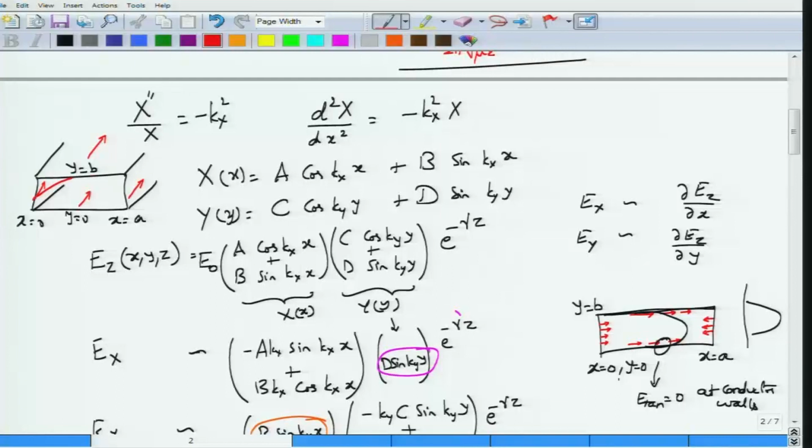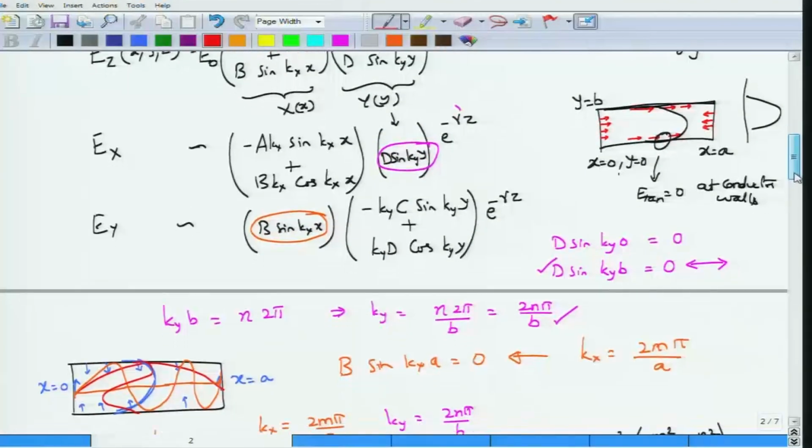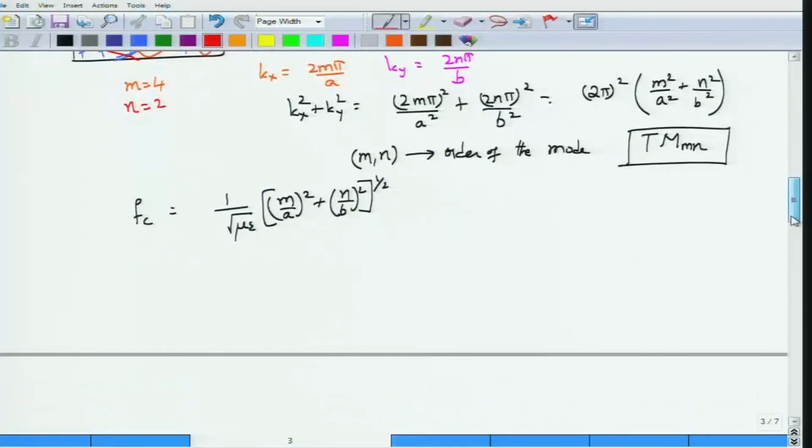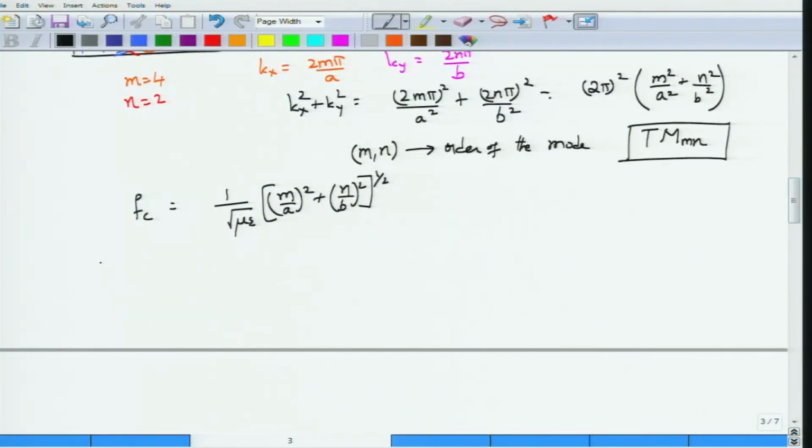So which means that there would be a sine type of solution here and another sine type of solution in these two directions. So clearly this would rule out a cos kx x and a cos ky y, and the solutions that you are going to get will consist of sin kx and sin ky. So your electric field Ez, because of the two boundary conditions, will look like some constant E0 which we had written,